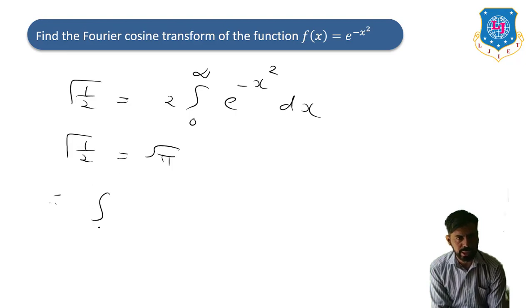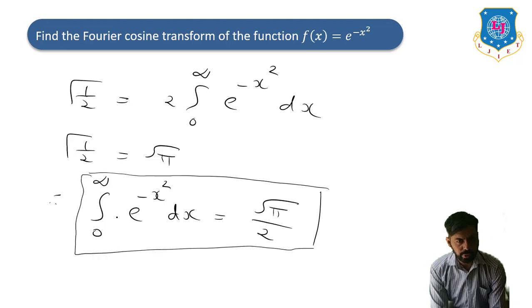Therefore we can say that the integration from 0 to infinity of e raised to minus x square dx will be square root of pi divided by 2. So the value of the integration from 0 to infinity of e raised to minus x square dx is equal to root pi by 2. So putting this result,